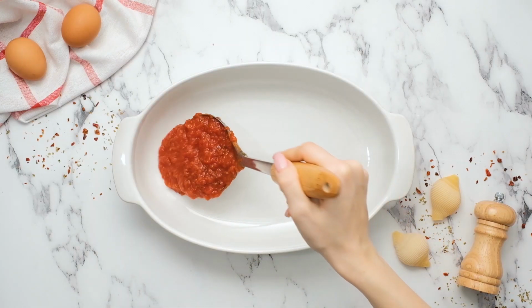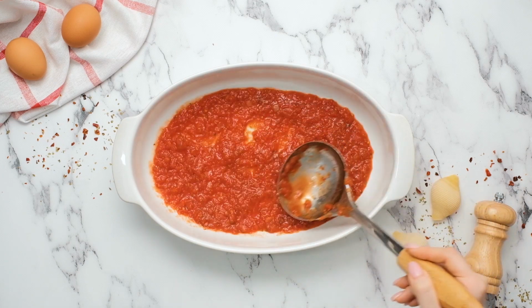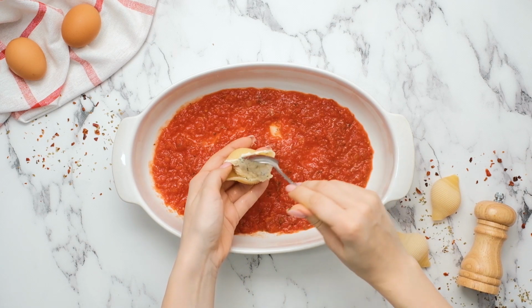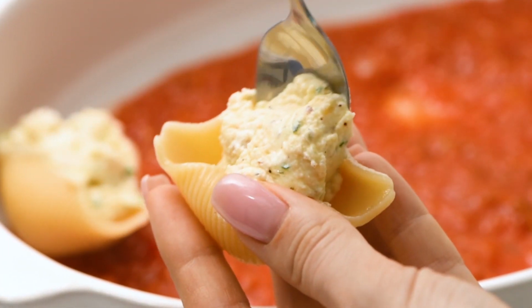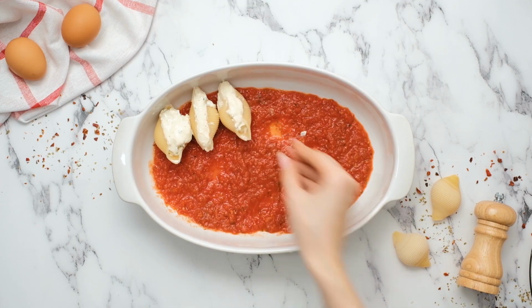I'm using a 2-quart baking dish, and then I'm putting in about a 1/2 cup of marinara sauce on the bottom. This keeps the shells from sticking to my casserole dish and just gives them a little bit of flavor. Once your shells are cooled, you want to spoon in your ricotta mixture into your shells. This is about 1 to 2 tablespoons of mixture per shell. Place your stuffed shells into your casserole dish